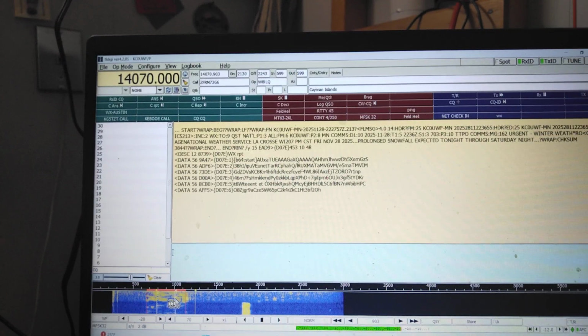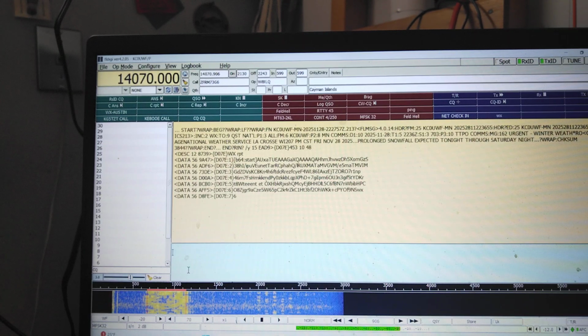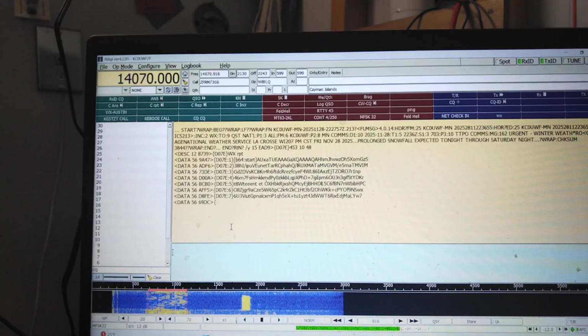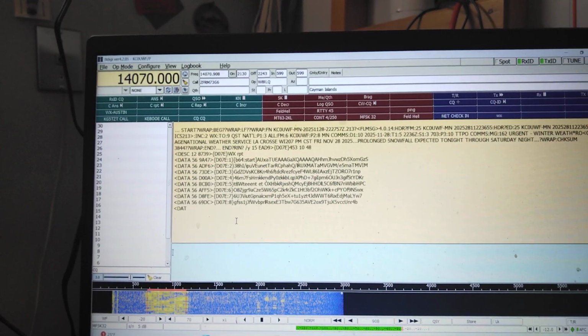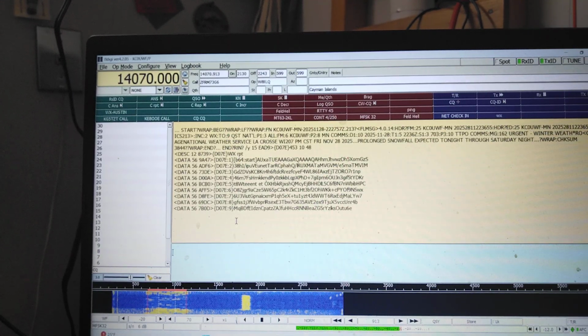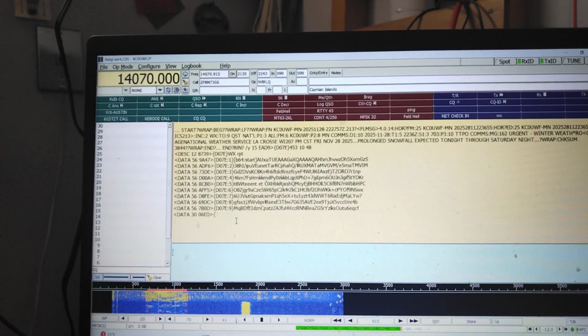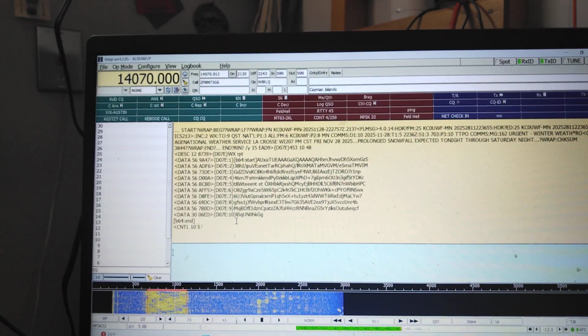Down here on the waterfall, this is what it's receiving. It's nice and yellow. The band conditions might be deteriorating a little bit, so we'll see what happens there. Okay, we're on block number 8. And then I said there's 10 blocks plus a block at the end. It tells everybody that that's done. 9, 10, and this is all through HF over the radio,